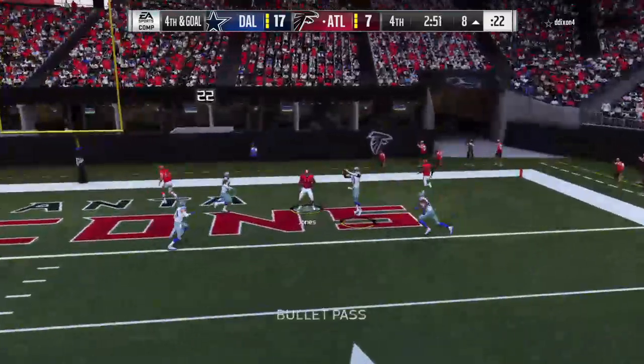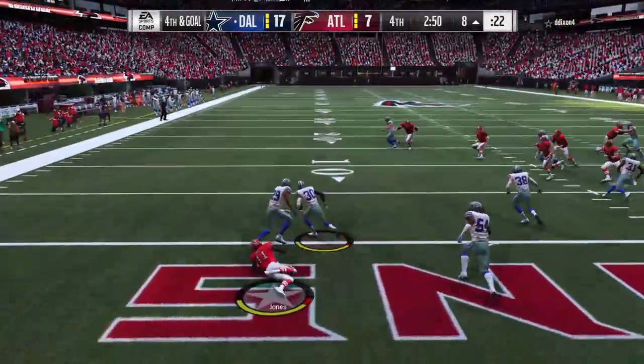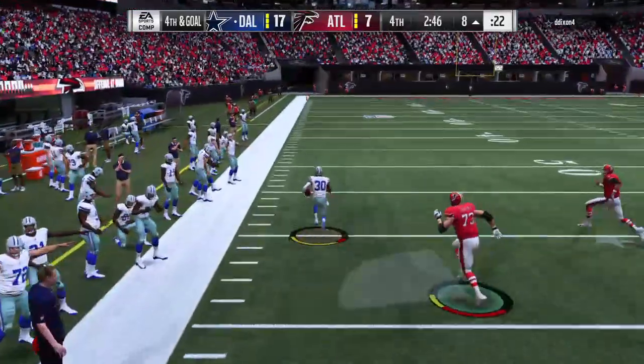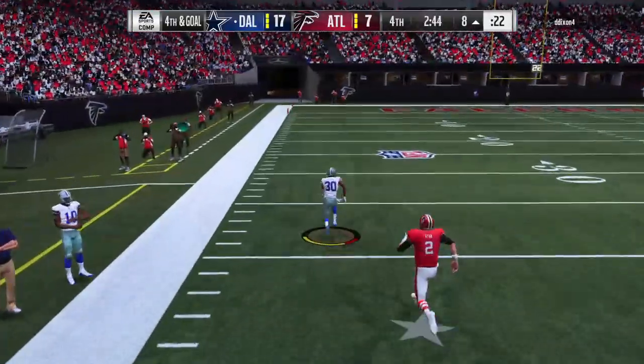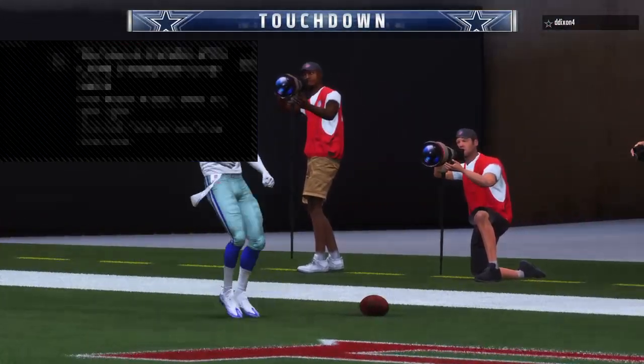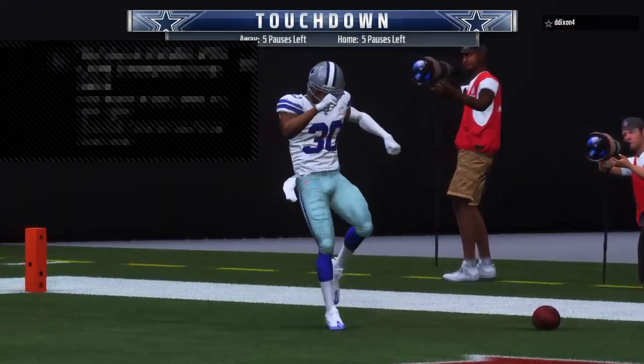Here we go. It's Ryan on 4th down. A big seam, and he might go all the way. And he takes this one back into the end zone, and the Cowboy defense